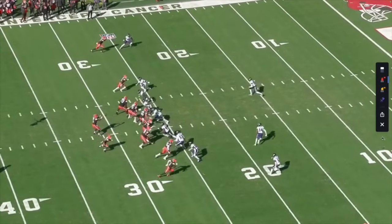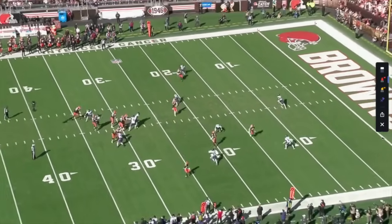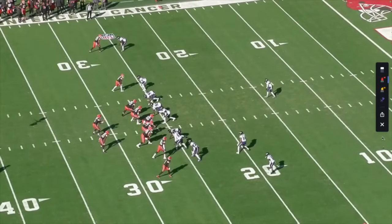Okay, the natural thing to do when we've got double slant called is so many quarterbacks want to take the inside slant. If there's any opportunity, I'm taking the inside slant. I'm a firm believer that whenever I get double slant, my thought process is hit the outside slant, hit the outside slant, hit the outside slant. You're throwing the outside slant unless